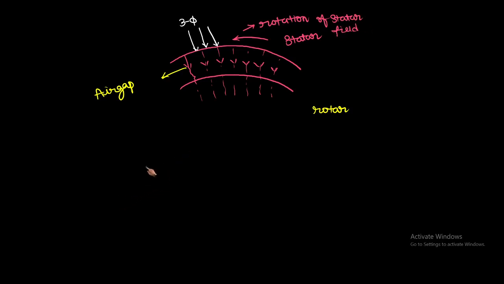Next, when you observe here, the conductors we are going to place here. The conductors will be placed on the rotor side. So whenever you have placed the conductors, when you apply Fleming's left hand rule, the current is going inside on the conductor side, indicated with the cross.